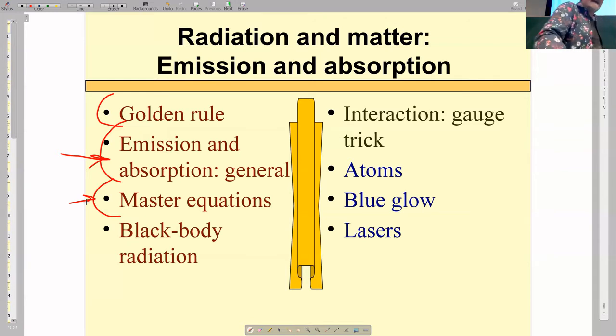Blackbody radiation is eventually the mere onset of quantum mechanics. That's how and why quantum mechanics was introduced at all. So we cannot miss this topic. We will talk a little bit about blackbody radiation. Good. After that, we can concentrate actually on matter and radiation, namely talking about atoms and the electromagnetic field.